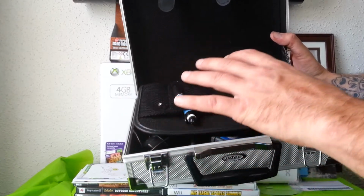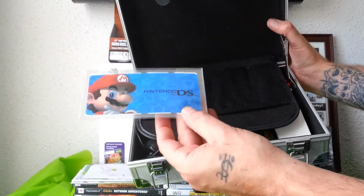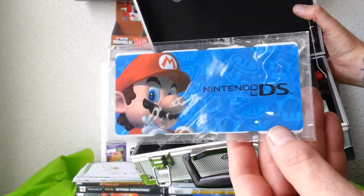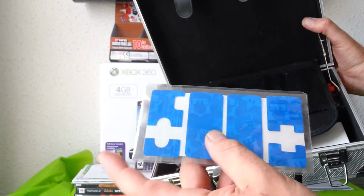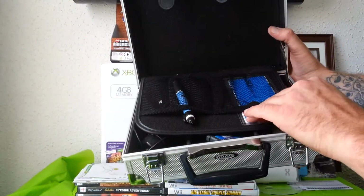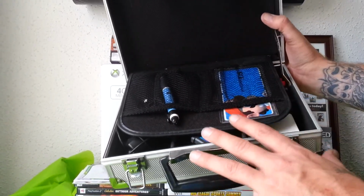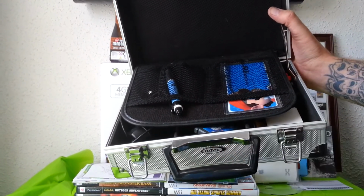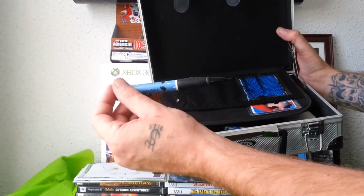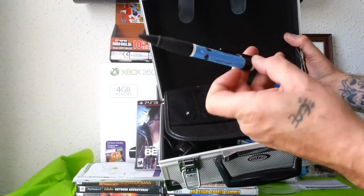Now, okay, here's how it goes. This is clearly a Nintendo DS skin. I believe that would go on your DS, that would go on the top of it, and those would go around your buttons and your D-pad. That's what it looks like anyhow. So I don't know if the person just put this in here. This doesn't look like a DS case, and I'm actually not sure what kind of case this is, to tell you the truth. Here is one of those click pen stylus pens, and it has on it